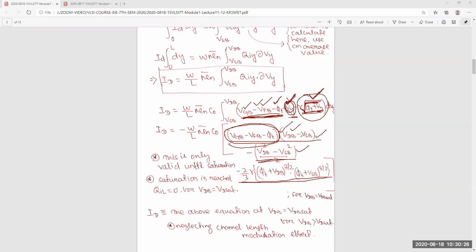Yes, sir. Okay. So now, sir, when VDB will be too small and we are having a body effect VSB, that term will be minus, because if VDB is small, then VDB square will be very small. So if we neglect it, then the minus W by L in the first side, minus sign, so that will be plus. Yeah, that thing will be assumed, but this is the actual equation.